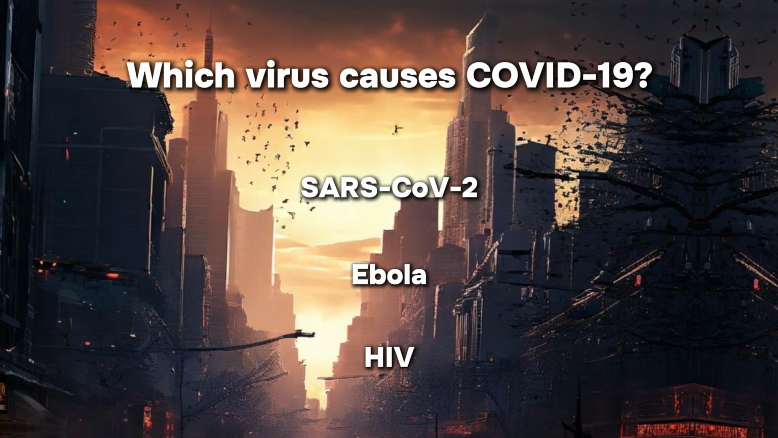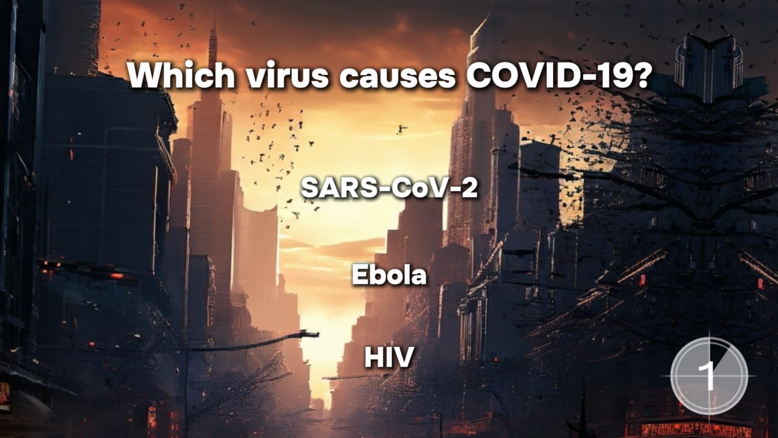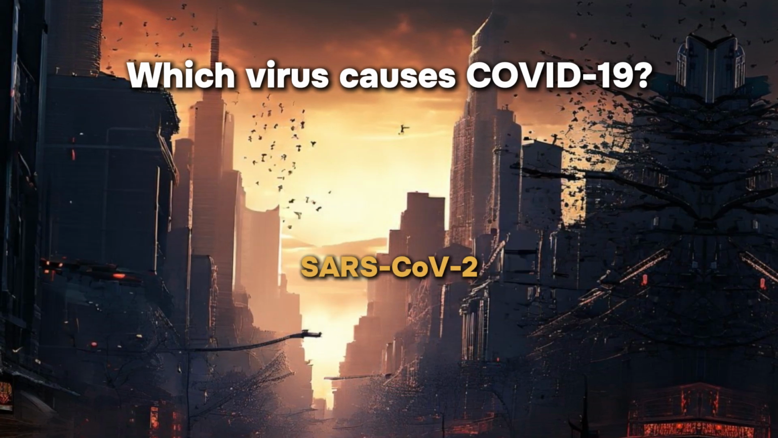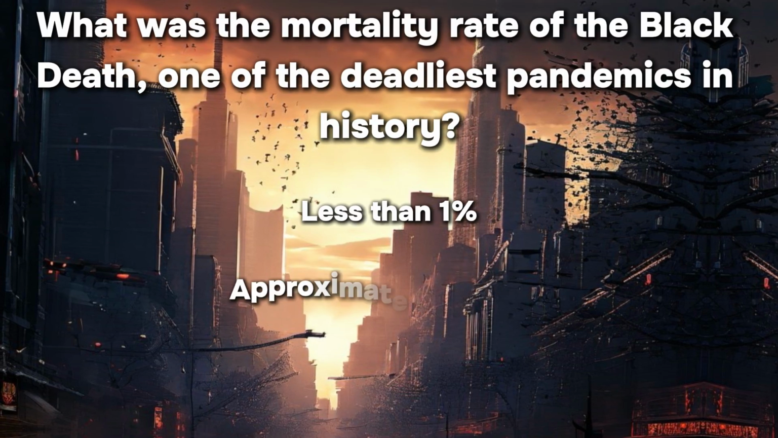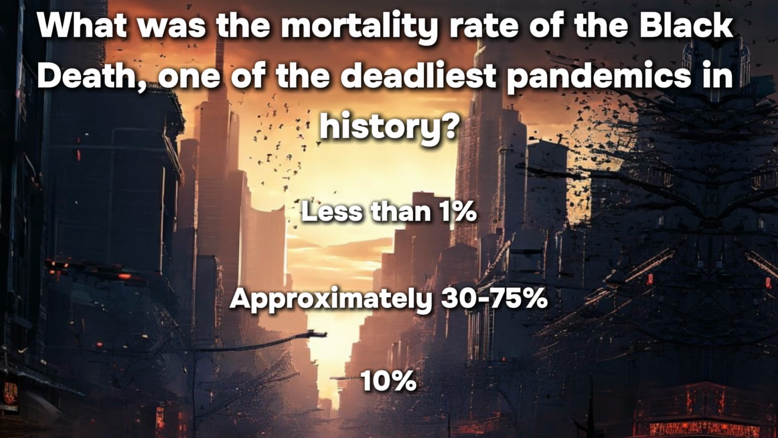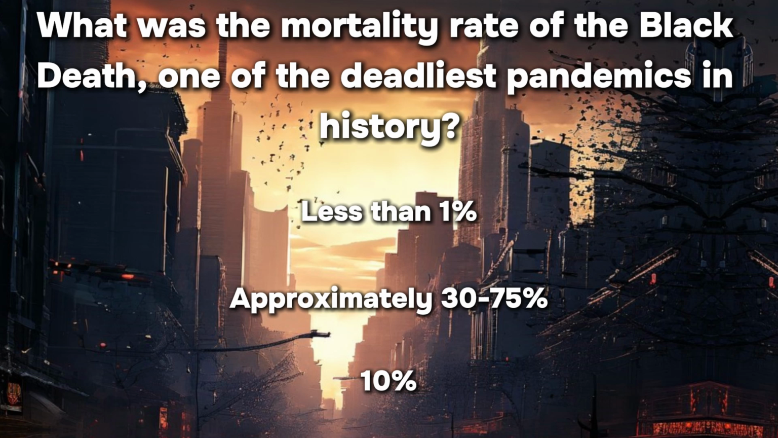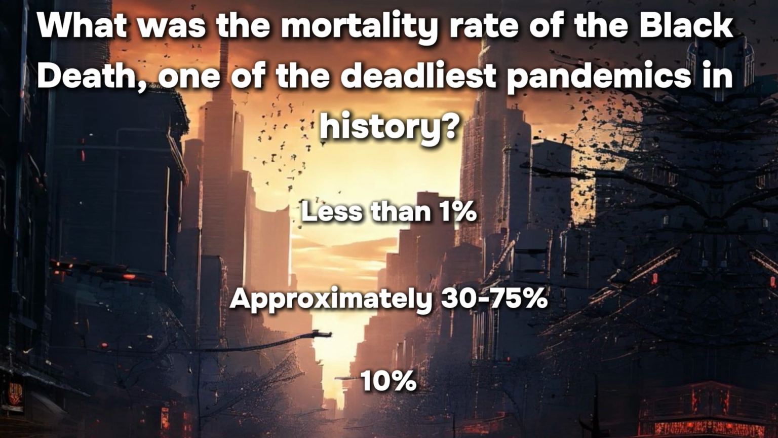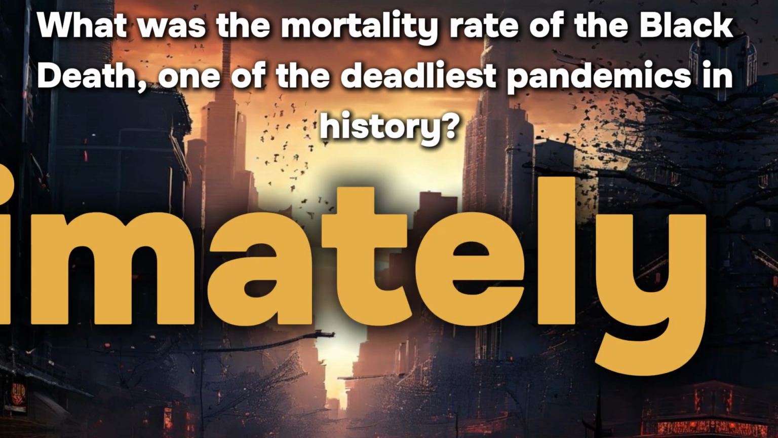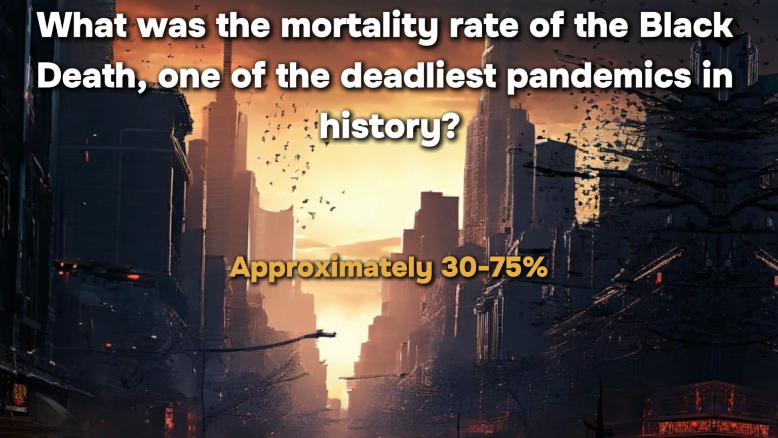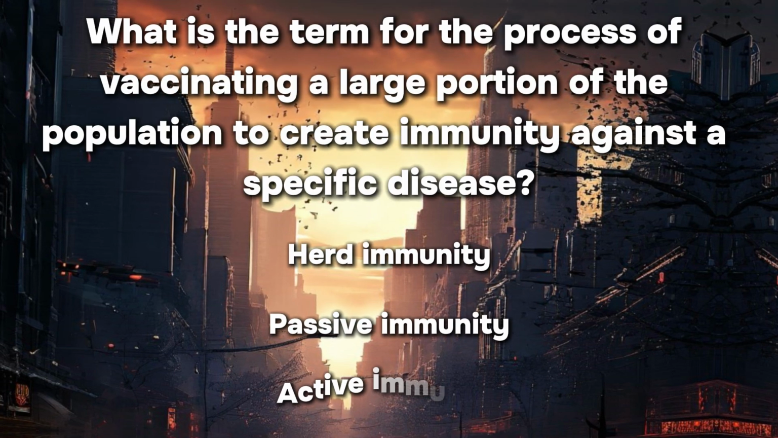SARS-CoV-2, Ebola, HIV. SARS-CoV-2. What was the mortality rate of the Black Death, one of the deadliest pandemics in history? Less than 1%, approximately 30 to 75%, 10%. Approximately 30 to 75%. What is the term for the process of vaccinating a large portion of the population to